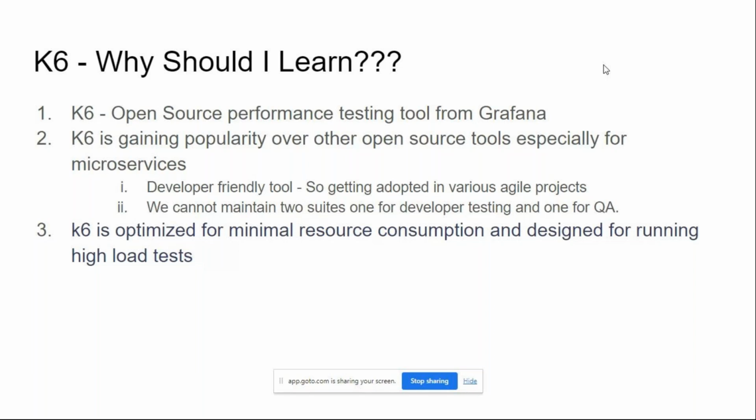and that is the reason we wanted to have a proper training course on K6, so that whoever is already good in LoadRunner or JMeter can cross-skill or upskill into the new tool. If somebody is starting fresh, new to performance testing itself, K6 is not a bad tool to get started with, because